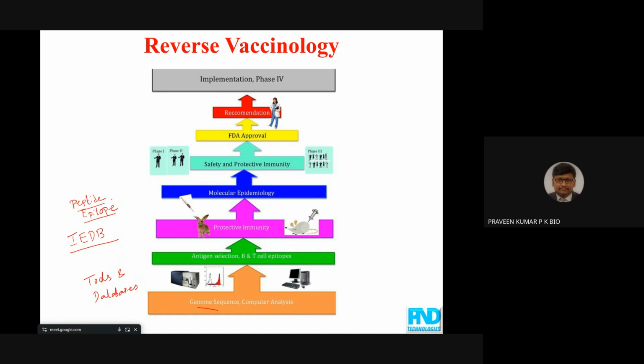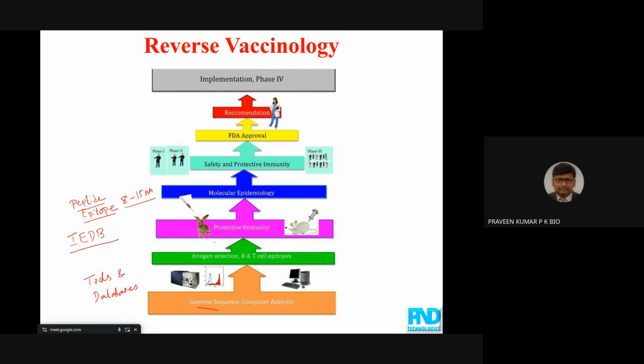Earlier in drug design, the output we generated was a chemical molecule, a drug molecule. It can be a synthetic molecule or even from natural sources. But here, our objective is to generate this peptide epitope. The size will be around 8 to 15 amino acids. This 8 to 15 amino acid peptide can cure the specific diseases we have targeted.